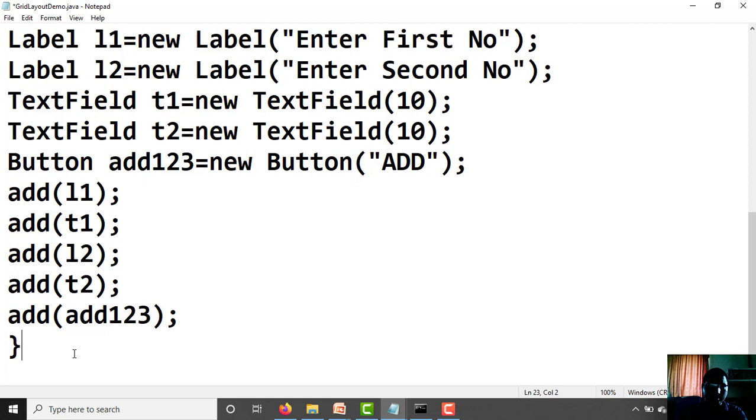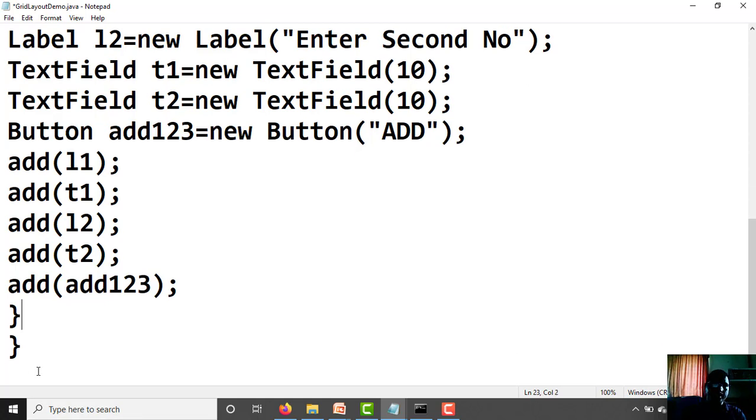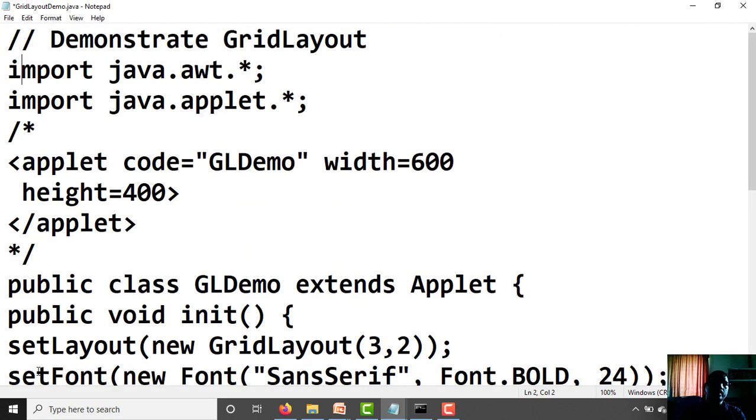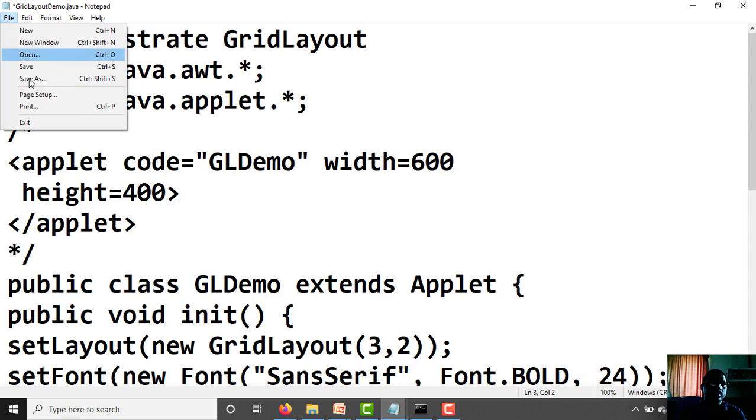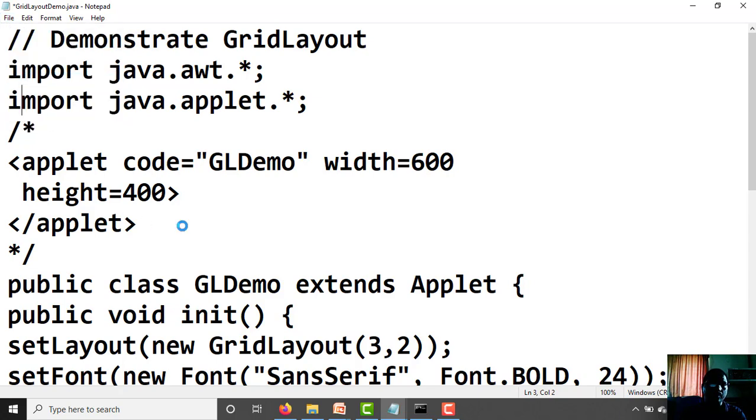Where is the curly bracket for this? Close the curly bracket. Like this you can perform this program also, and save this program as GLDemo.